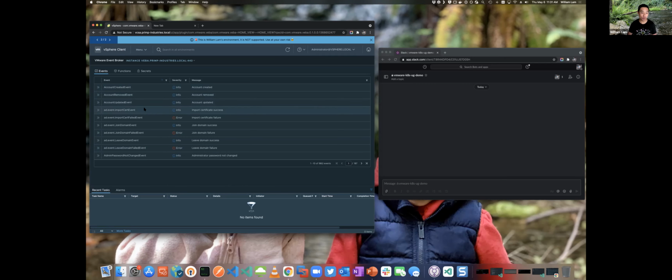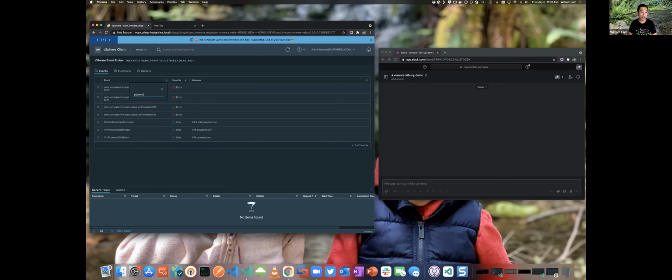You can quickly filter through the events, by error, info, and some details about them. The really cool thing is I can actually filter. Earlier I said I want to do a powered off event. Just by a quick search, I can quickly find the event that I'm interested in. This is really difficult today if you don't have this kind of table mapping. We felt that this made it very easy for you to discover what events are available to you.